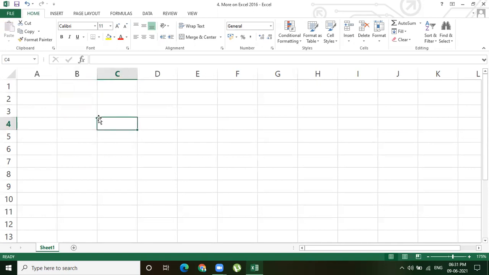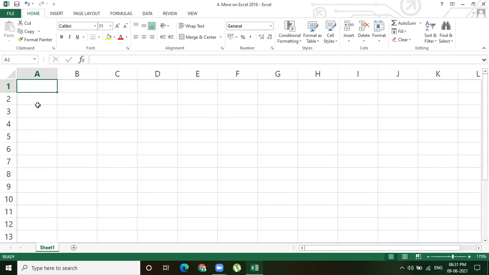So now, range of cells. What is a range of cells? If you select a group of cells, then first, before going to know about a group of cells, you should know the cell address. So here you see column A, row 1. This is called the first cell and this is A1. Why is it called the A1 cell address? The cell address is denoted by the column letter A followed by the row number 1.